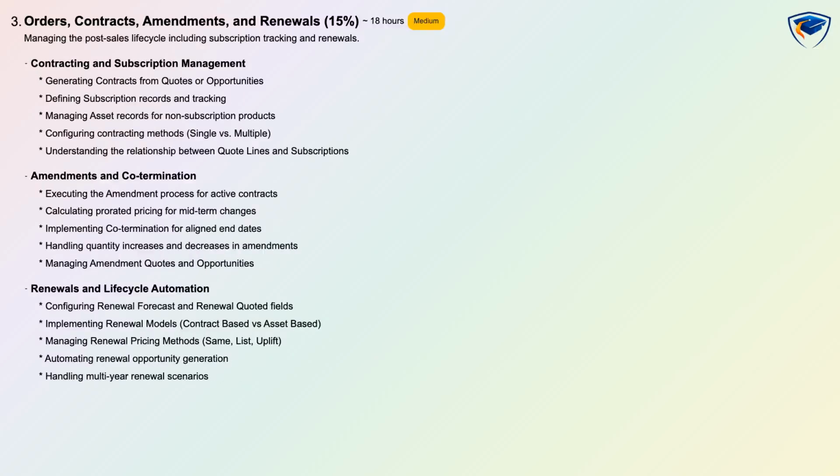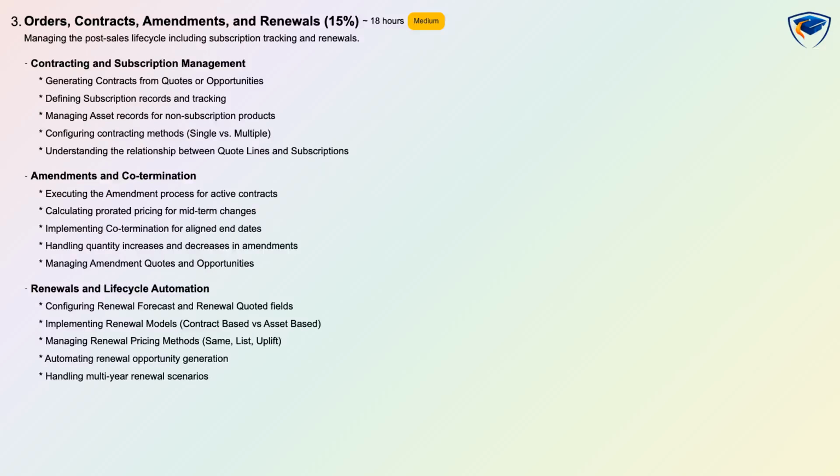Orders, contracts, amendments and renewals is 15%, medium difficulty, estimated at 18 hours, and scenario-based. Candidates learn to generate contracts from quotes or opportunities, define subscription and asset records, and choose contracting methods while understanding quote line relationships to subscriptions. You will practice the amendment process including prorated calculations and cotermination, and configure renewal models, renewal pricing methods, and automation